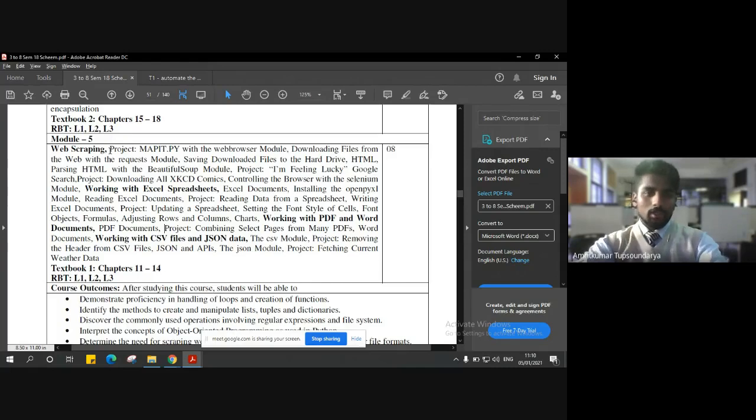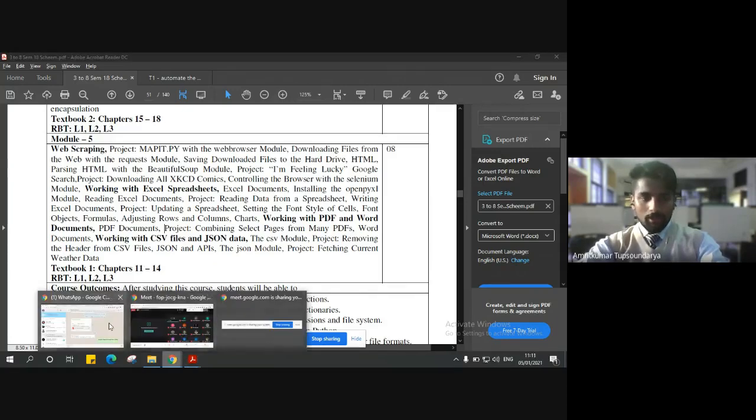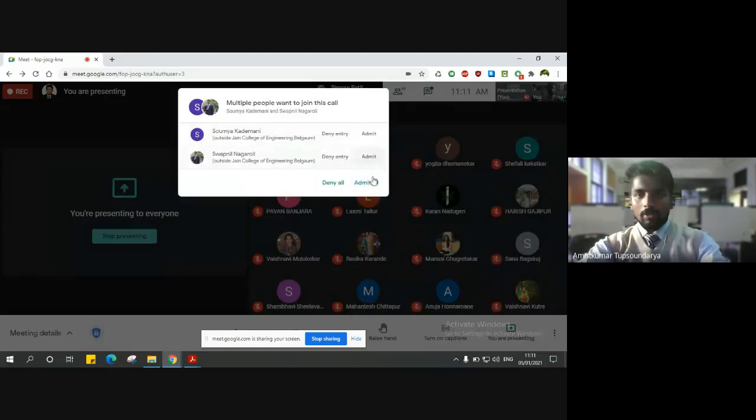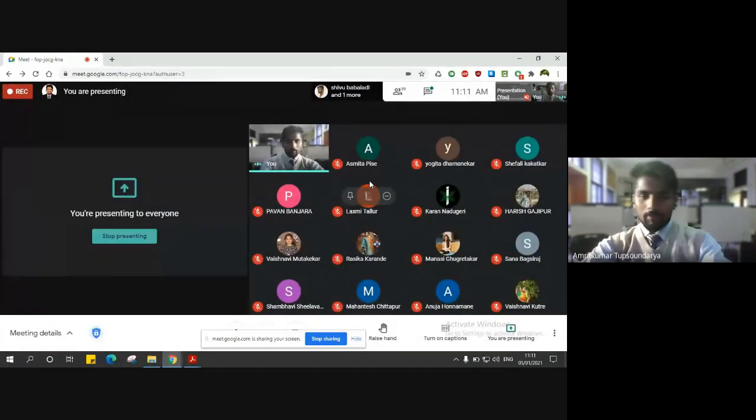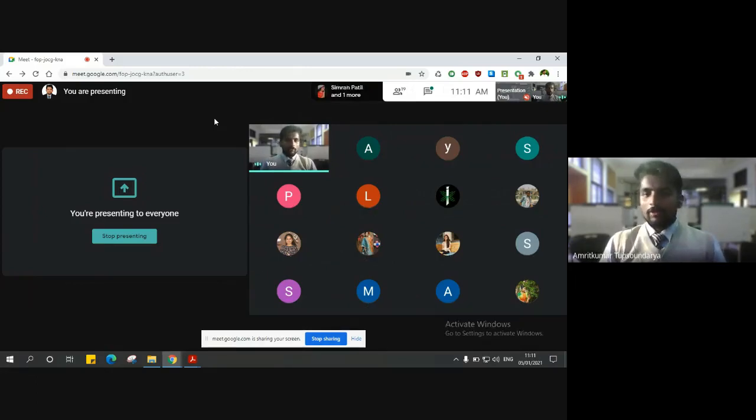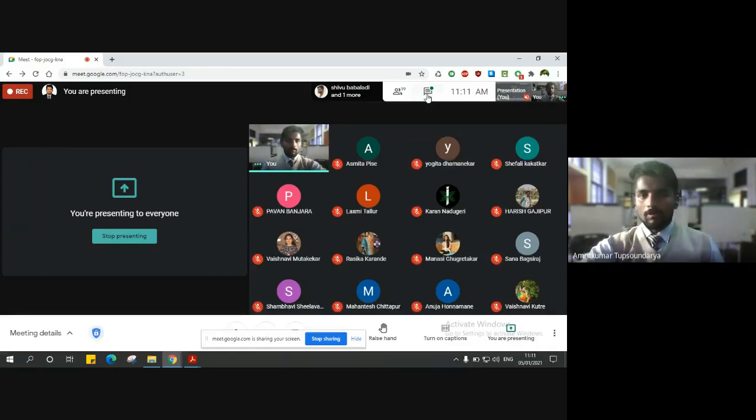But the first thing is to understand the concept of web scraping. A few of you must already be aware of this term called web scraping, but let me have a poll here. Many of you may have already heard about this term web scraping. You might not have any knowledge, that is fine, but at least heard about it. Or what do you mean by web scraping? What is your understanding of web scraping? Anybody?